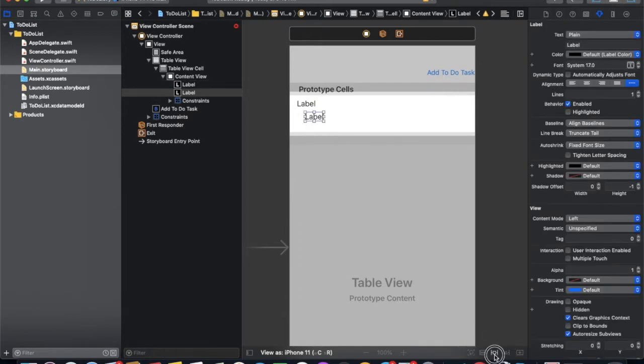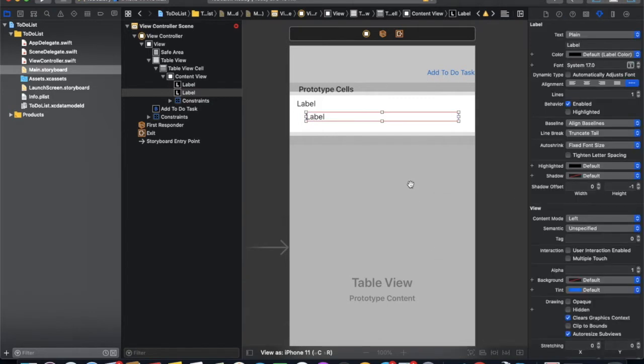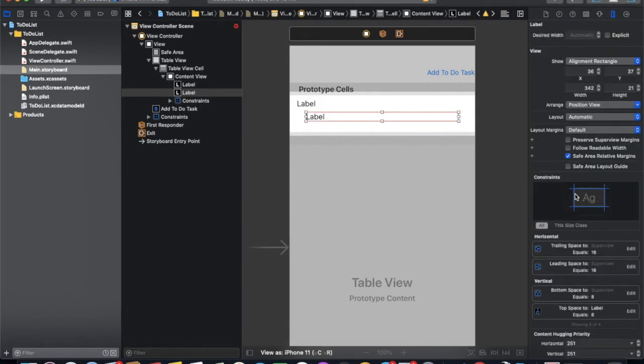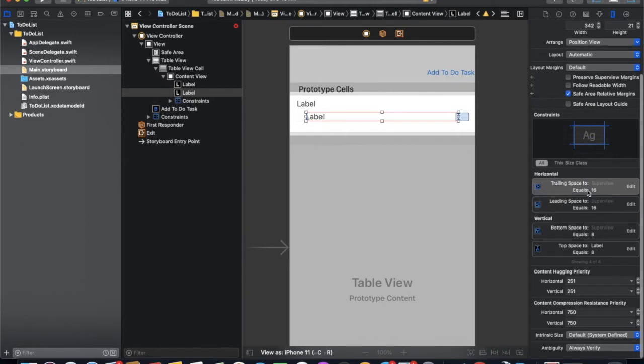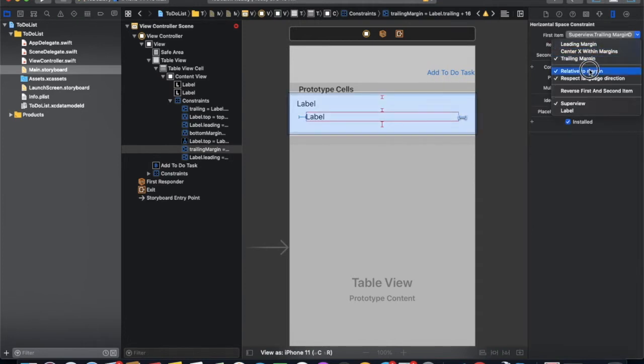Now we give the same to the other: 16 from leading, 16 from trailing, and 8 from bottom. We do not need a margin, so we remove the margin.